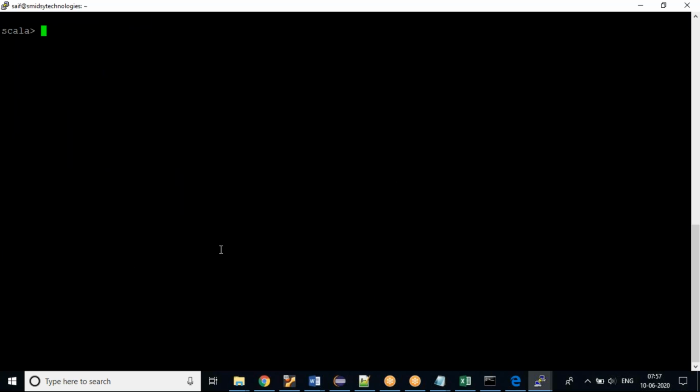Okay, let's move ahead. Now I would be reading my sales data. Val and var, what a val is, we'll see at a later stage. So, salesDataFrame. Here I would be using spark.read.format. My format of the file is CSV. I have the header.